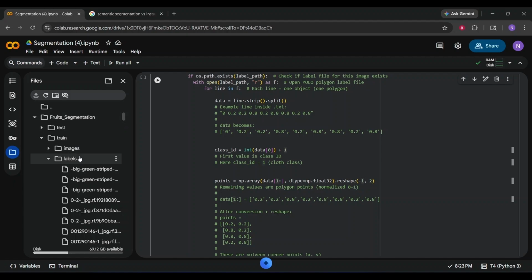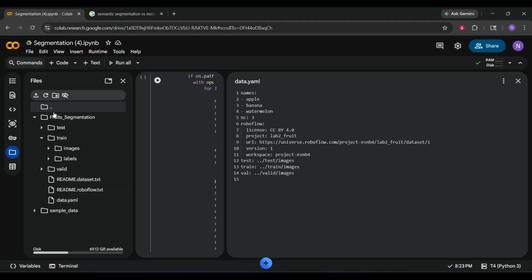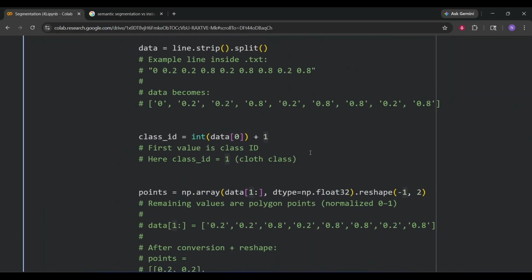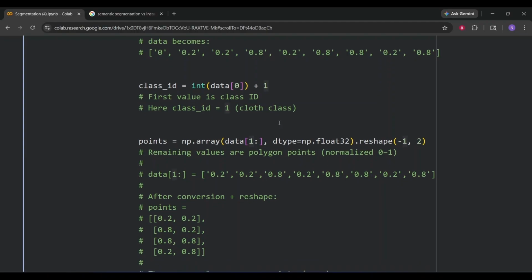According to the dataset which we have downloaded, the zero index value is fixed for the apple, but we do not need it. We have to change it, because for the model which we have trained, you are using a pre-trained model, and 0 is already fixed for the background. For that purpose, we will add +1 here for each class, and then